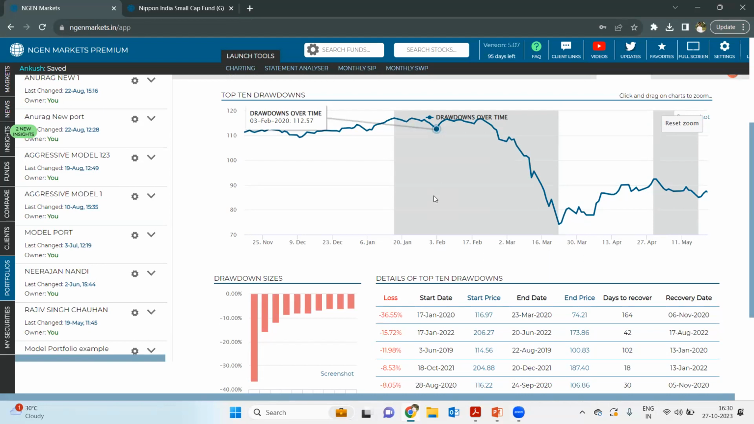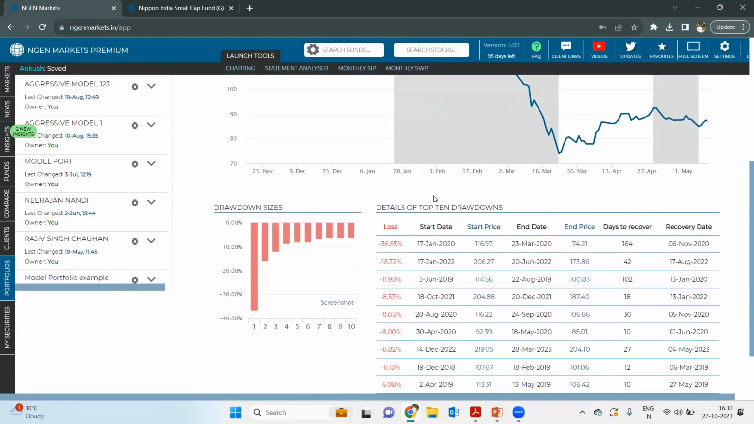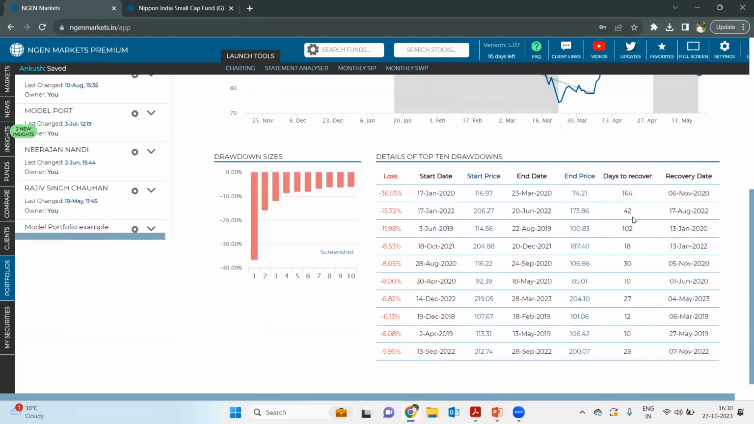directly from here. So if you're suggesting a portfolio and you want to justify how it performs, you can show them that only 1 or 2 times has the portfolio taken a much longer time, 164 days, and another one 102 days. One was during 2019, and another one was just before COVID. These are the two time frames where the portfolio took a much longer time to recover